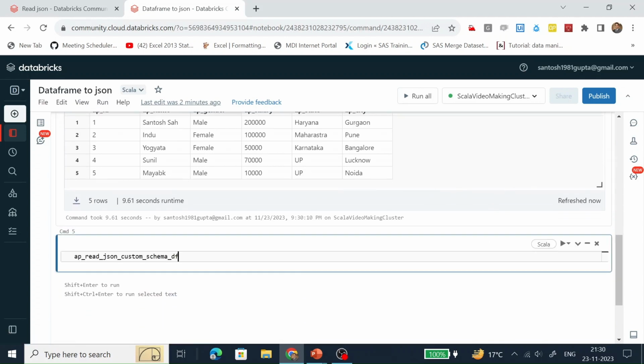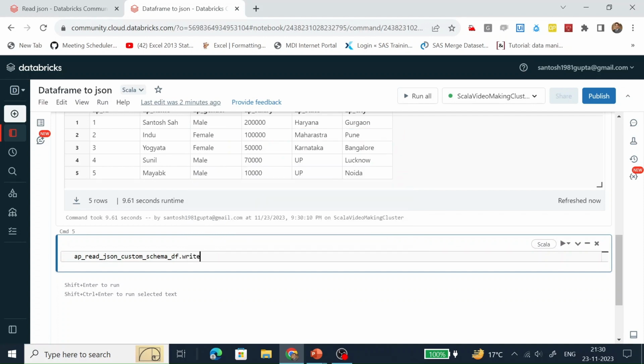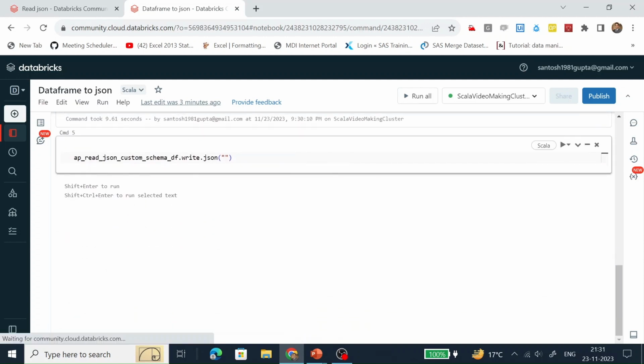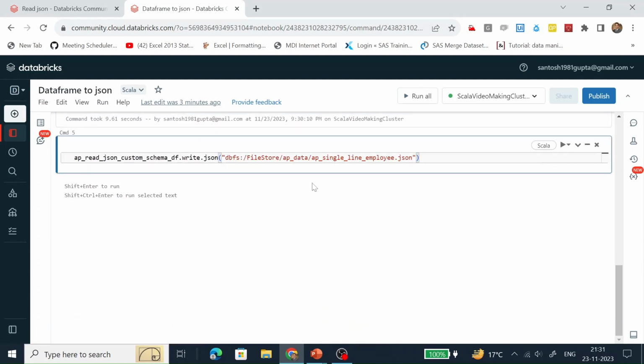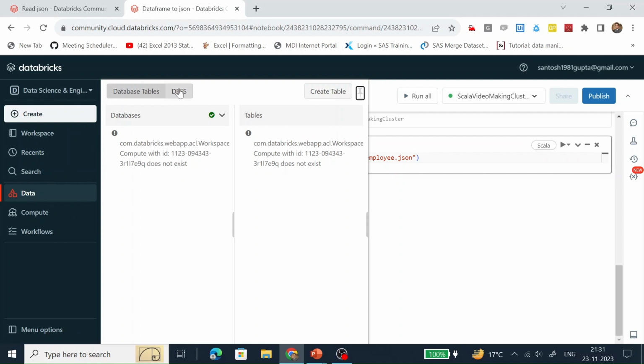On top of that, we are going to call the write function, and in which format we are going to write, we are going to write into JSON, and let's give the path, where we are going to store this JSON document. I have created a path in my previous video.